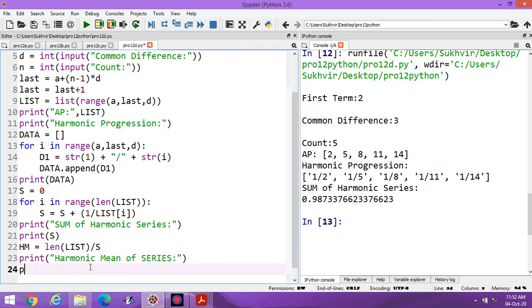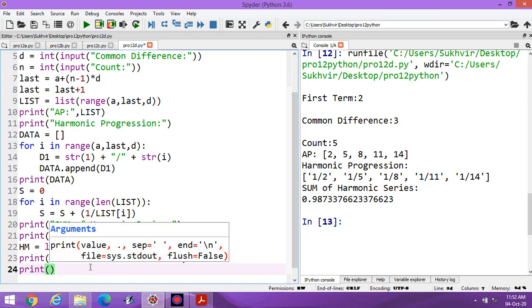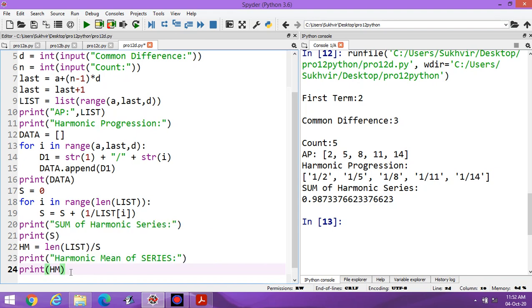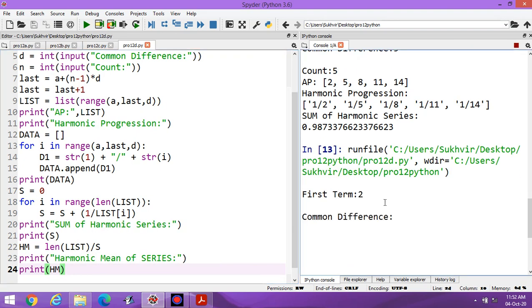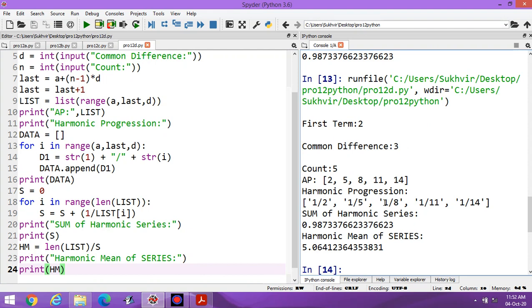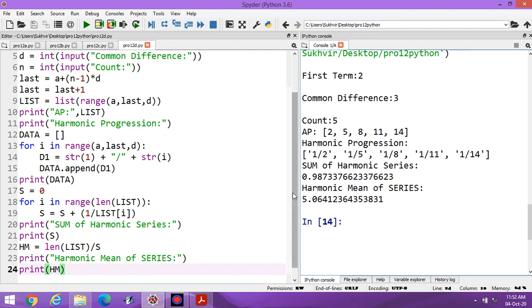You can print here, print HM. Now execute again. 2, 3 and 5. In this way, you can display the data. Harmonic mean of the series, it's 5.064 and so on.